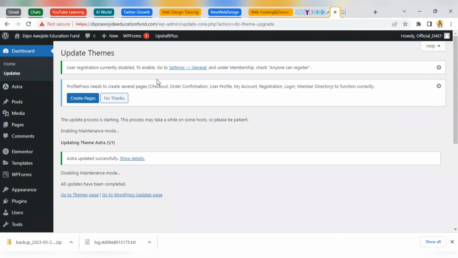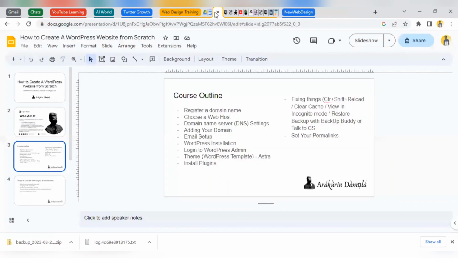Now, what is the next step of action? What next are we supposed to do? Install plugins. Now we have installed plugins. Now this particular one, fixing things, Ctrl+Shift+Reload. So for instance, if you're trying to do anything in WordPress, and you have been working and then you now see that the update that you made is not being reflected, all you need to do is click